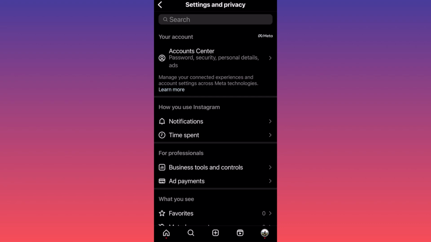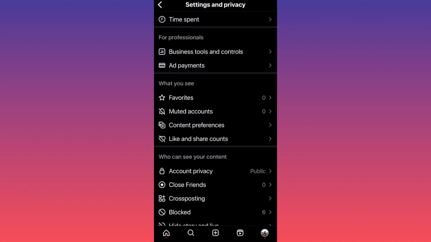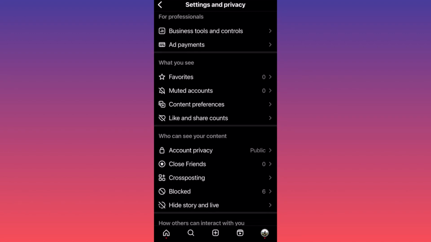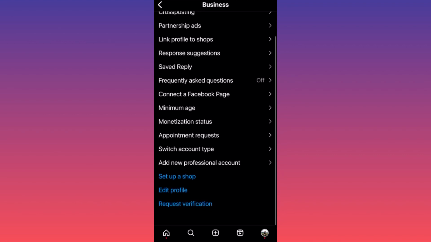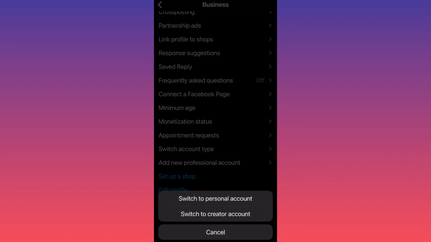You want to make sure you're not making any mistakes over here, guys, okay? I want you to scroll down and click on business tools and controls. Boom. When you go all the way to the bottom of the page, you will find the section that is called switch account type. When you click on it, you will find the options, in my case 2 options,